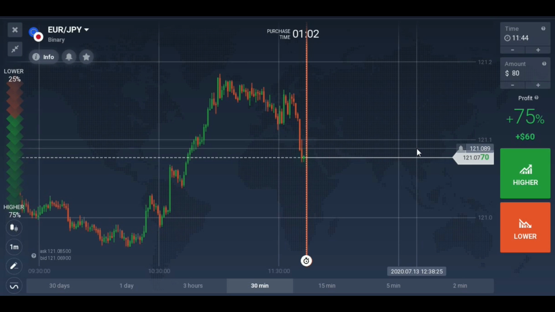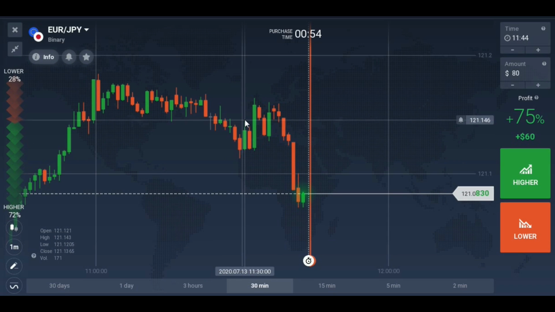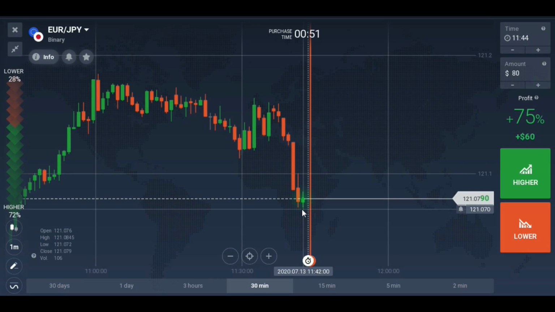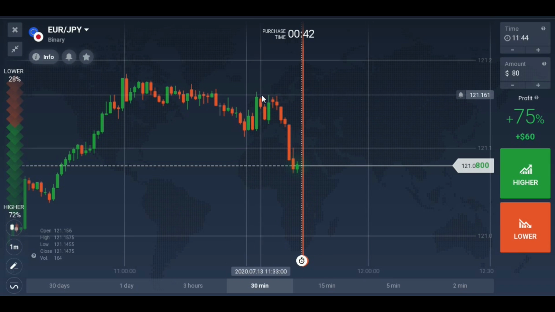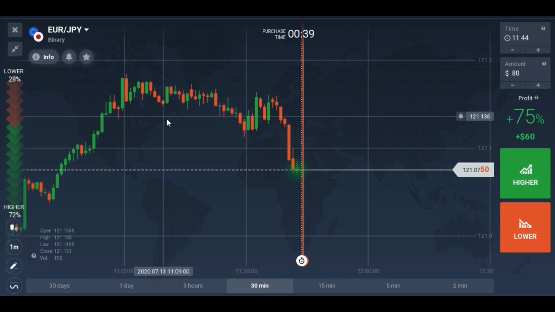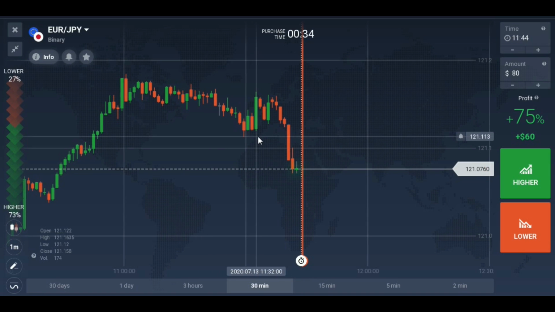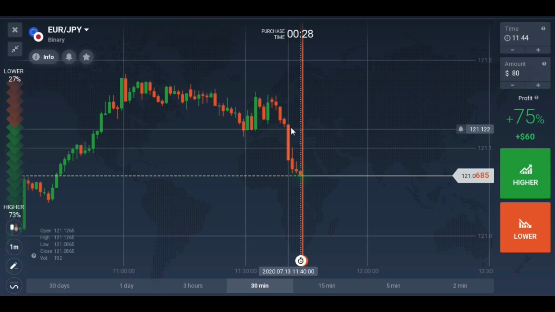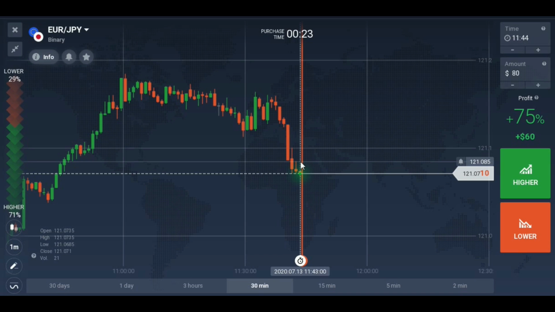So let's start taking a trade. As you can see, the market breaks our previous support level and it's now moving in a downward direction. So what we will do is we will take trades with the direction of the trend. This is going to be a new trend because there was a breakout. As you can see, it happened like 2 minutes ago. With a big red candle, a big bearish candle, the breakout happened, and so the market will continue to go downward. So the new trend is a downtrend and we will take the trade in the downward direction.